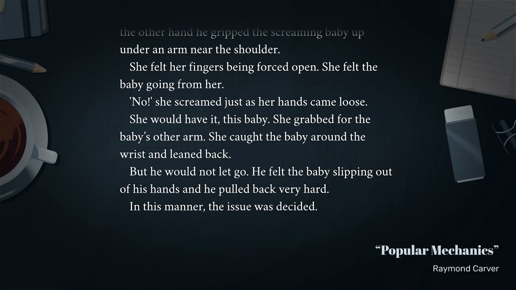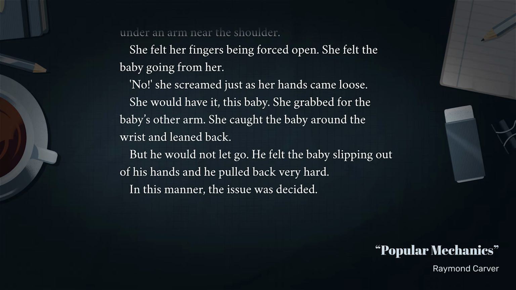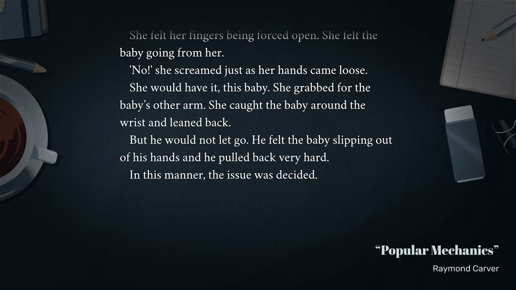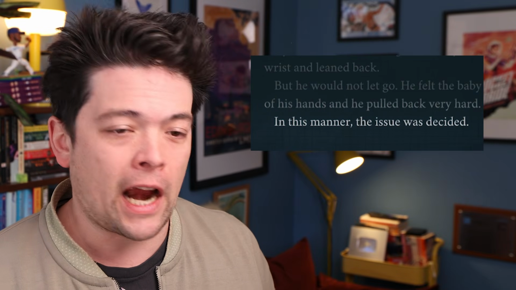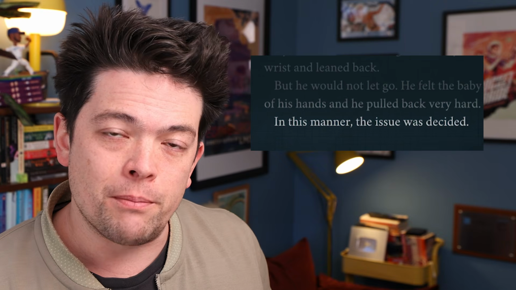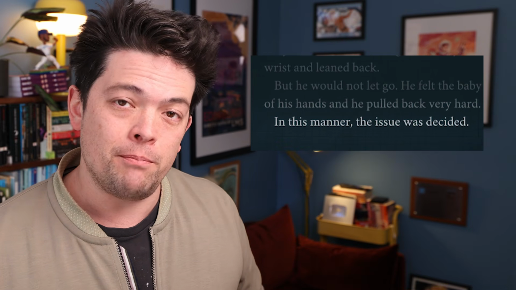He felt the baby slipping out of his hands and he pulled back very hard. In this manner, the issue was decided. Now let's sit with that for a second. Issue is an old legal and aristocratic word for one's own child. The Duke died without a male issue, and the word decide actually comes from the Latin decidere, meaning to cut